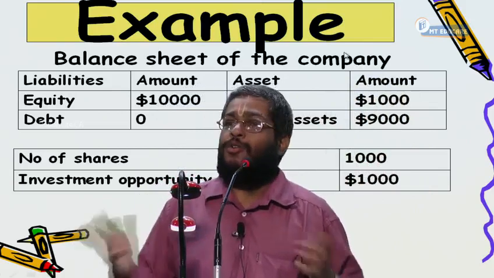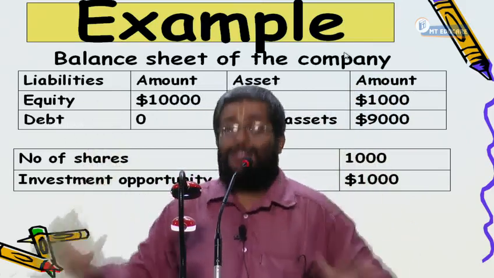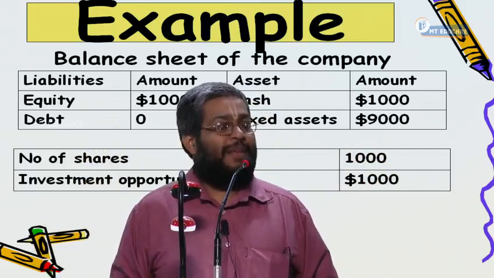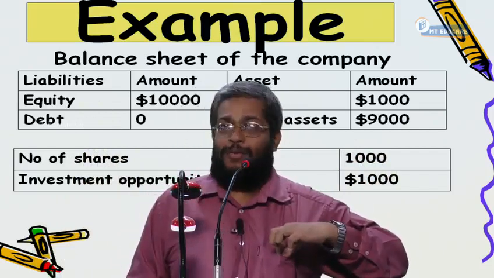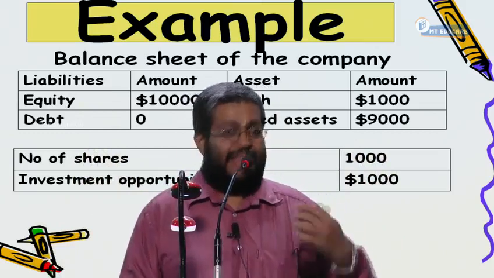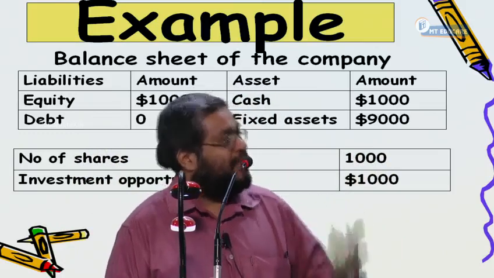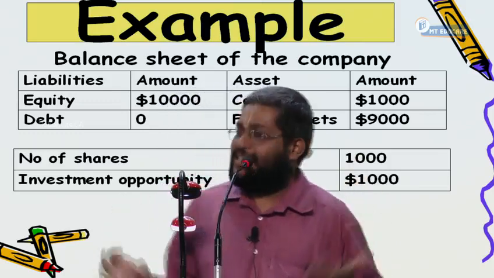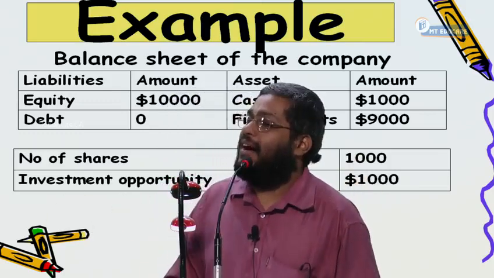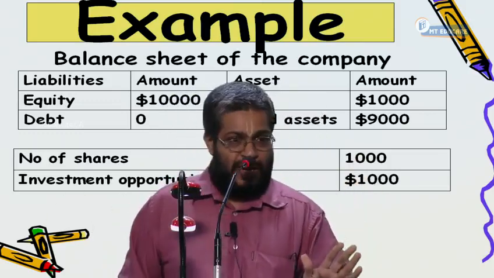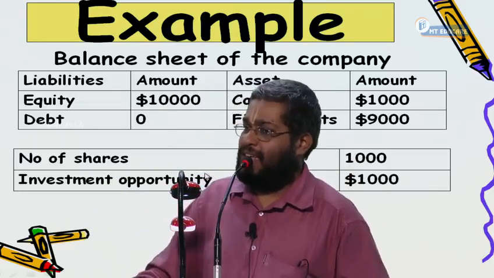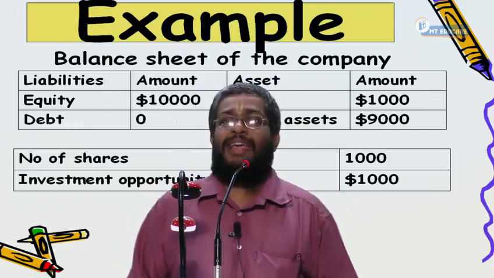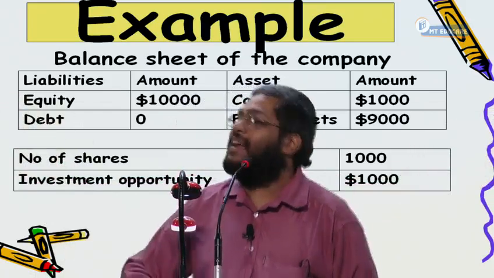What is the value of $1,000 cash? $1,000. Don't take a future benefit, because 1 rupee I am having in the pocket today, the value is 1 rupee only. So the value of $1,000 cash is $1,000, because it is not an asset, it is hard cash. Right or not? So this is the value of cash, and then the value of the asset. So now the company is a $10,000 company.